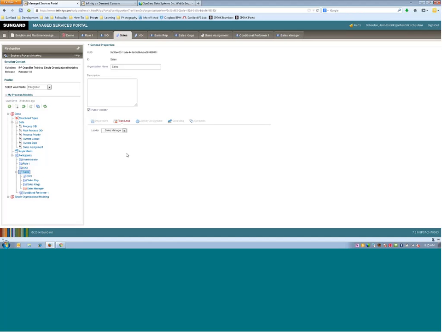The last thing that I want to show you is called departments. Hopefully we have time to take a look at that. You can also see on each organizational node, and I'm keeping the sales organization as an example here, you have a section called departments. And this is a special feature where you could